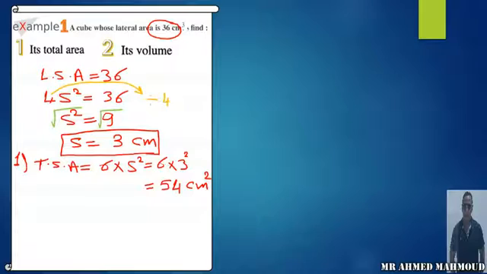Number 2, I need the volume. The volume here equals s power of 3, which equals 3 power of 3, which equals 27 centimeter cube. Now the total area equals 54 centimeter square, the lateral area equals 36 centimeter square, and the volume equals 27 centimeter cube. Okay, the next example,